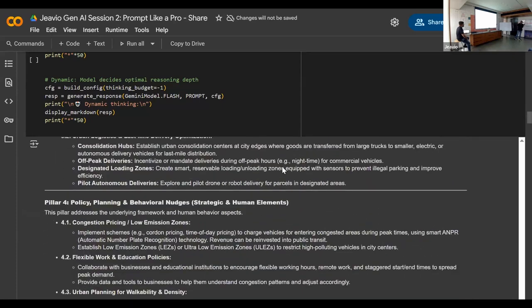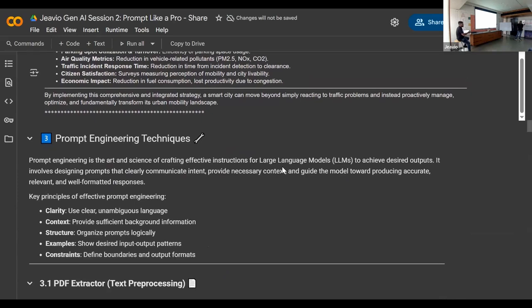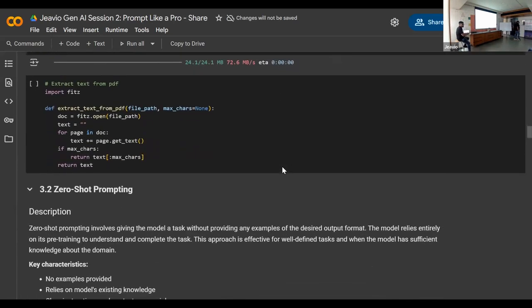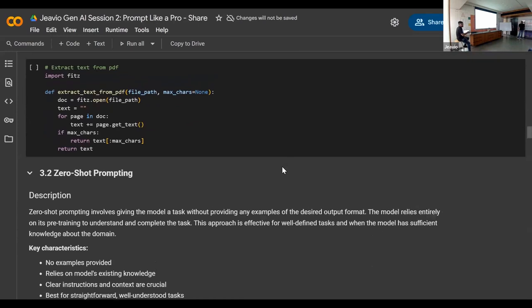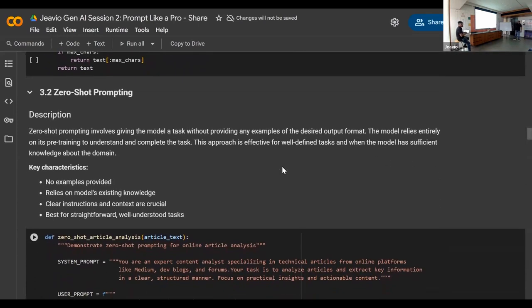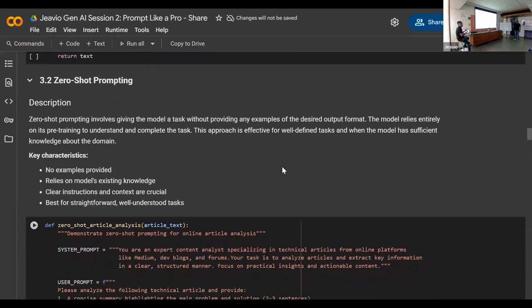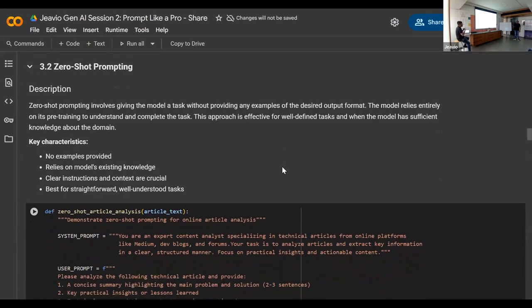There are a few other utilities that are currently here. We have taken one article from Medium, which is freely available. We have made a PDF of it and uploaded it, and it will be installed as part of the setup here. You can extract text from it. The idea is to run zero shot and few shot prompting and find out what works better for our use case. The problem statement is we have a PDF. We want a summarization for that PDF. We also want to get some other things from the article.